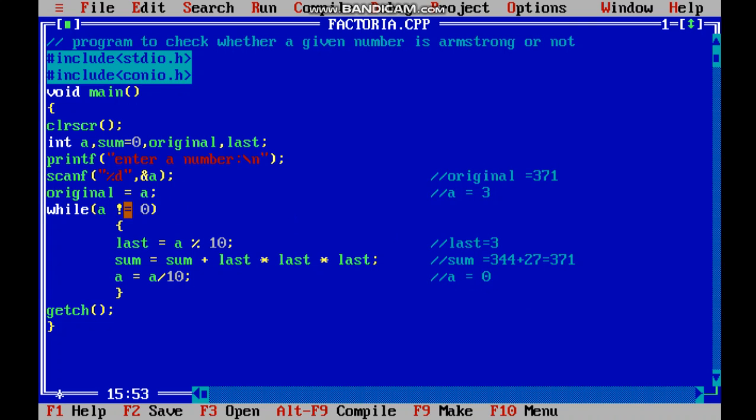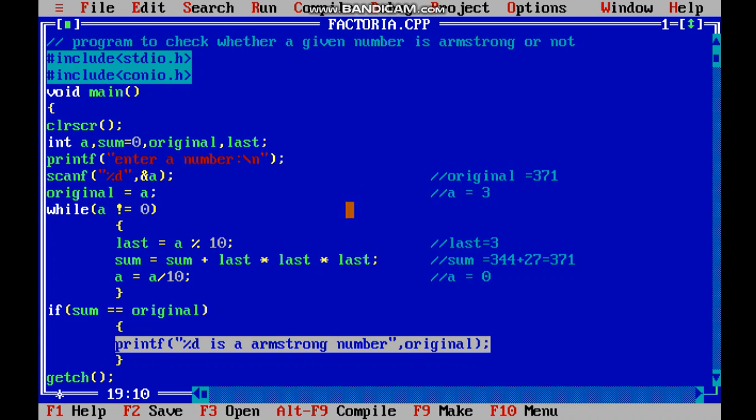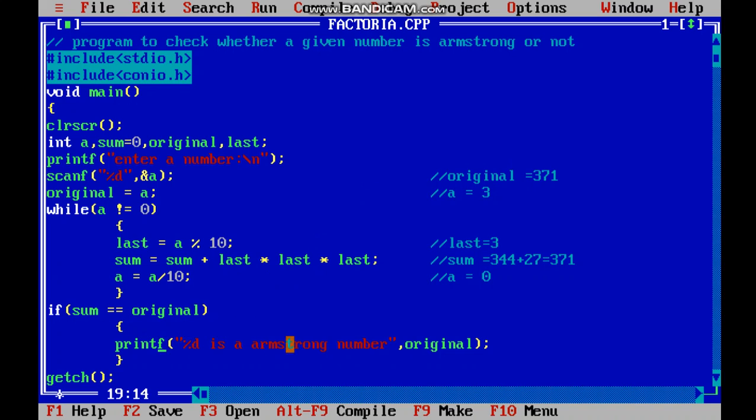A not equal to 0, the condition has failed, and now we'll come out of the loop and now we'll print. See, if sum is equal to original. See, original variable is not altered. printf %d is Armstrong number.